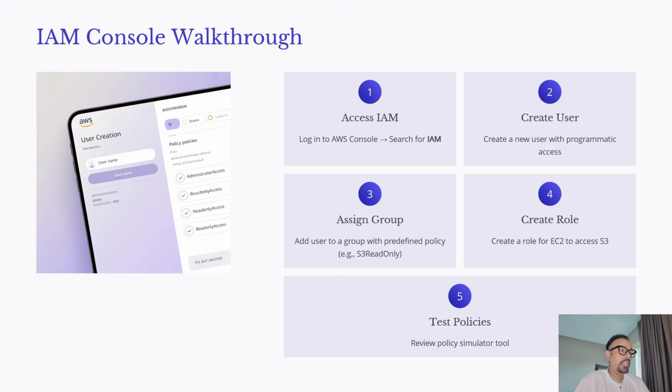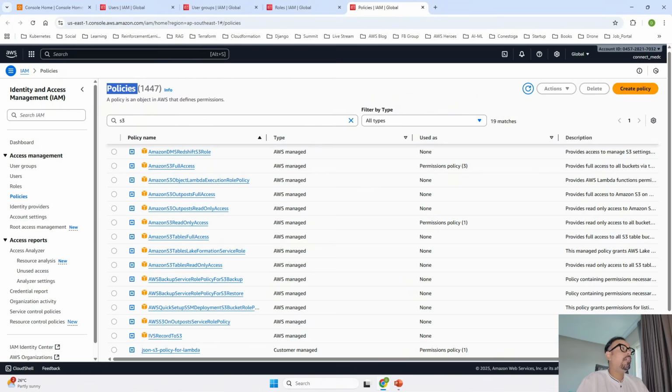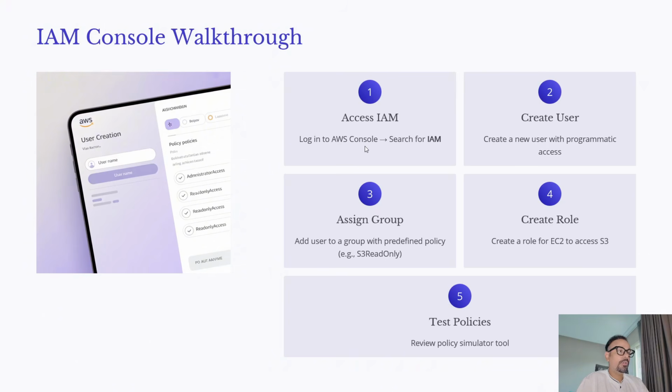Now let's go back and see what's next. Now is the time where we are going to implement what we have studied. I will take you from scratch on how you can open the IAM console, how you can create a user, create groups and assign a user to a specific group, and how you can create a role for an EC2 instance to access S3. Instead of creating a role for an EC2 instance, because I have not covered that, I will just show you how existing roles can be attached to any of the existing S3 buckets. Now, for that, what we are going to do is first go back to our